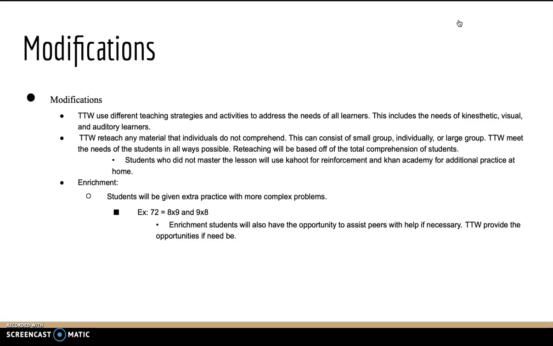So this could consist of small group, individual, large group. I'm just going to meet the needs of the students in all ways that's possible. Reteaching will be based off the total comprehension of students. Students who did not master the lesson will use Kahoot or Khan Academy for additional practice at home or in class if time permits. For enrichment, the students are going to be given extra practice with more complex problems. So this could be an example of 8 times 9, 9 times 8. Those are much higher numbers, which are going to